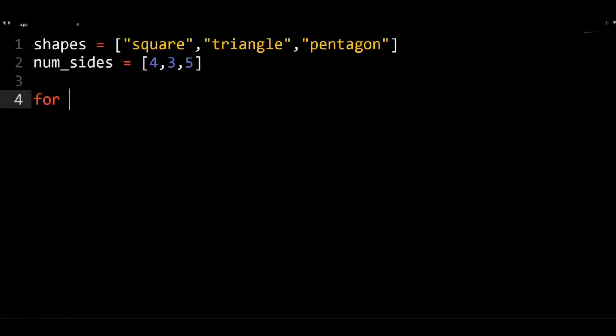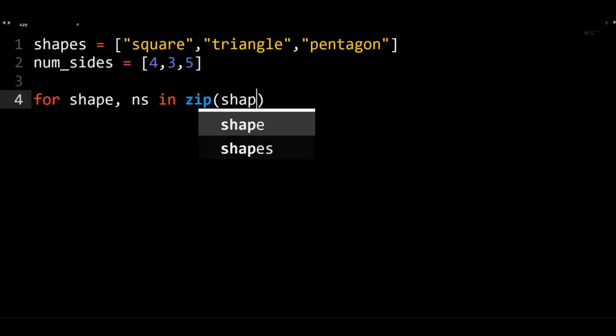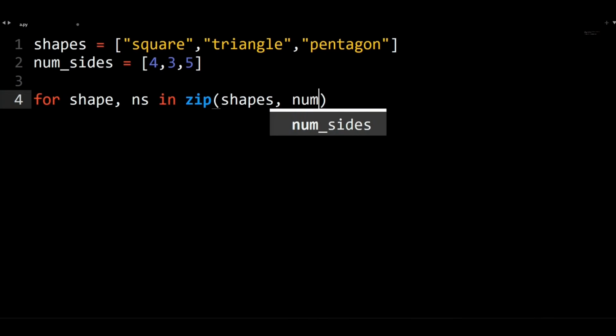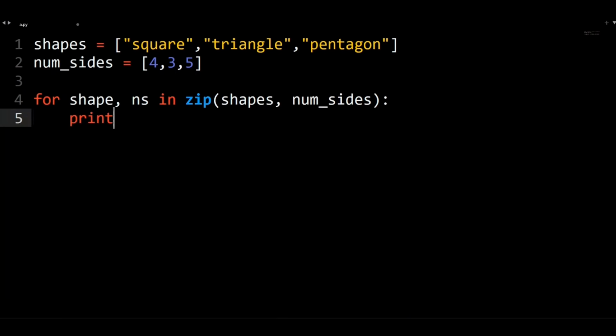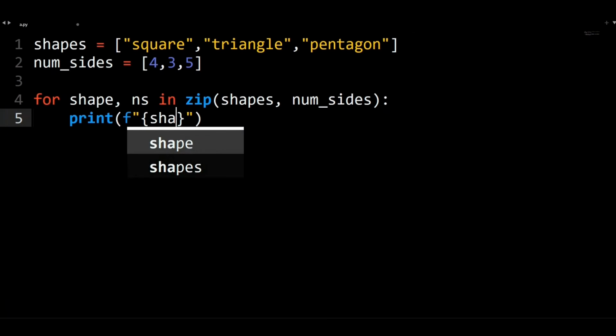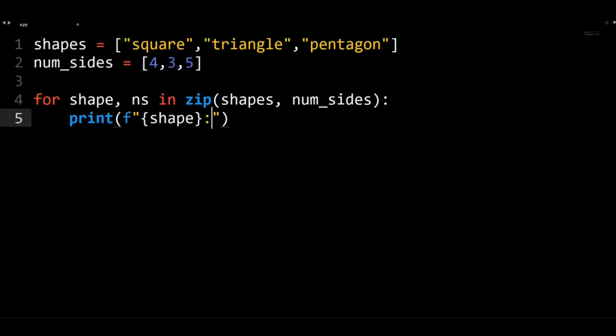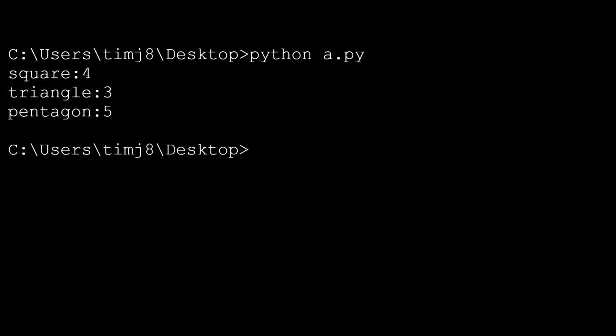For shape, comma, ns in zip of shapes and numsides, colon, print, f-string, curly braces, shape, colon, curly braces, ns. If we run this code, we'll see square, colon, 4, then triangle, colon, 3, last, pentagon,